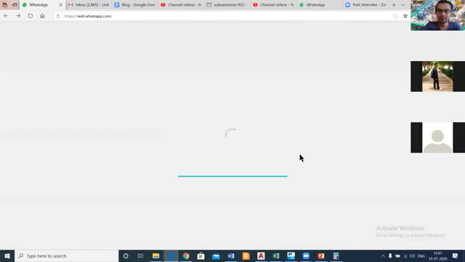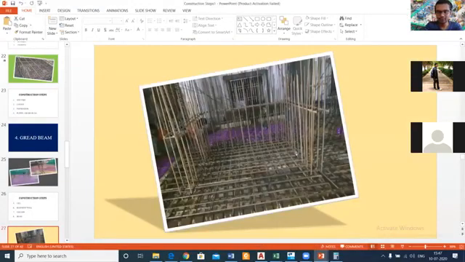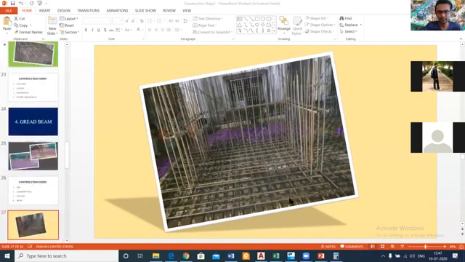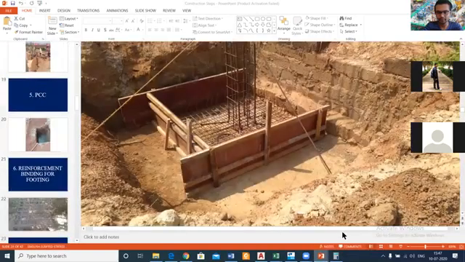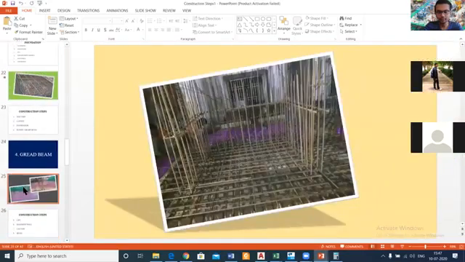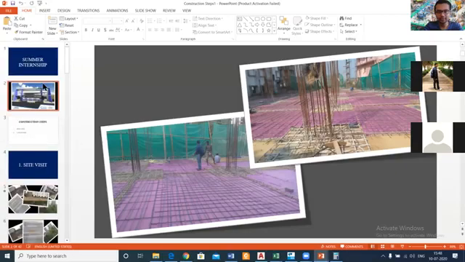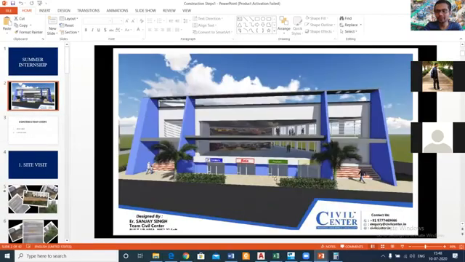Grade beams are provided at the top of the foundation level, the top of the footing level, and plain beams are provided at the level at which your ground floor starts. So they are basically different, as we had shown in the picture also. It was at the position at which the basement was done. I'll show you. So this is the level at which the basement was done. As you can see in this picture, at this basement level, the grade beam was done.